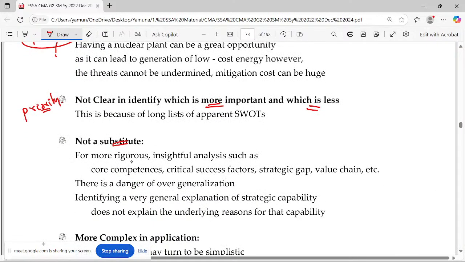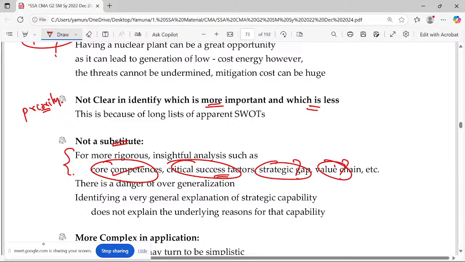substitute. Probably if you talk about the core competence, you're talking about the organization's core competence. Critical success factors or critical result areas, key result areas. What is the strategy gap? What is the value chain? Everything has to be considered. We cannot say instead of this, I do that one. No. If this is important, this is also equally important. Everything is important for an organization. So you cannot say I'm just going to focus on this subject and leave off the other. No, you cannot do that.